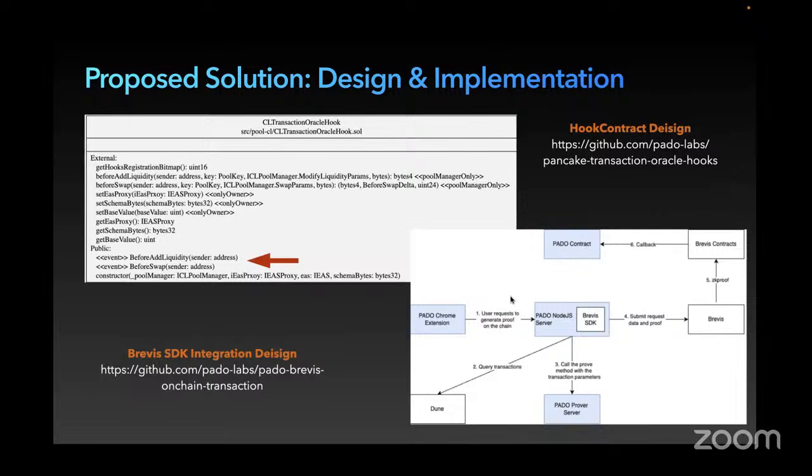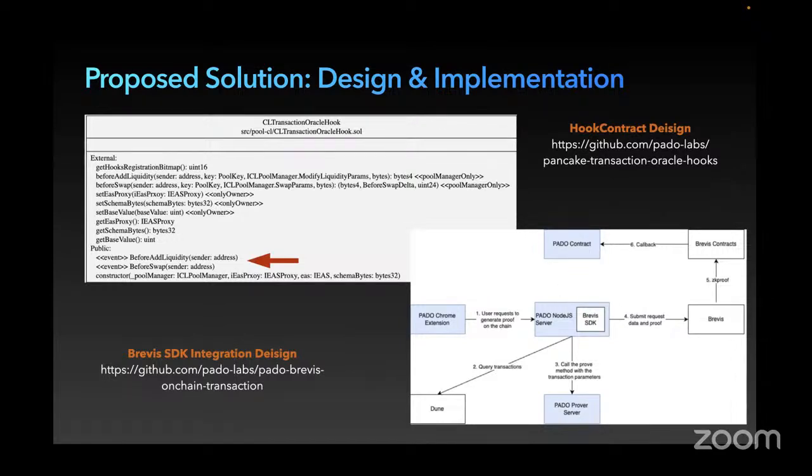So the attestation will return the proof, which is verified by the Paddle server, which has signed it, and it will return to the extension. So this is the whole workflow of how, if the user operates on the extension and wants to generate the on-chain transaction proof, he does it with the previous framework.